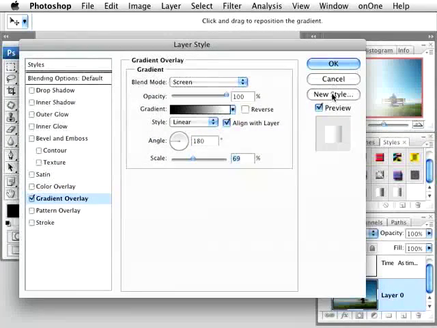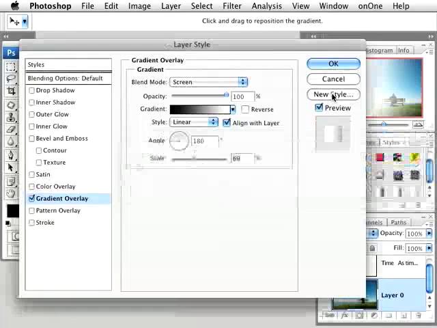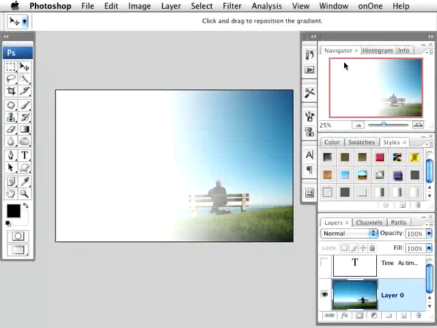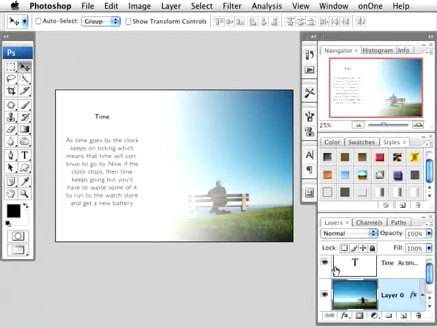Before I hit OK, I'm going to hit new style, and I'm just going to call this fade white and hit OK. And then I'm going to hit OK again, and what this means is now I can put something over there like text. Alright, and as you can see, I'm not good at profound statements, but here's my little